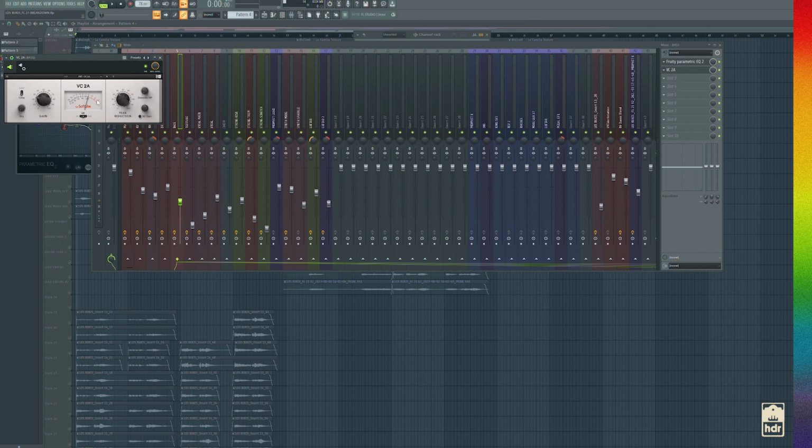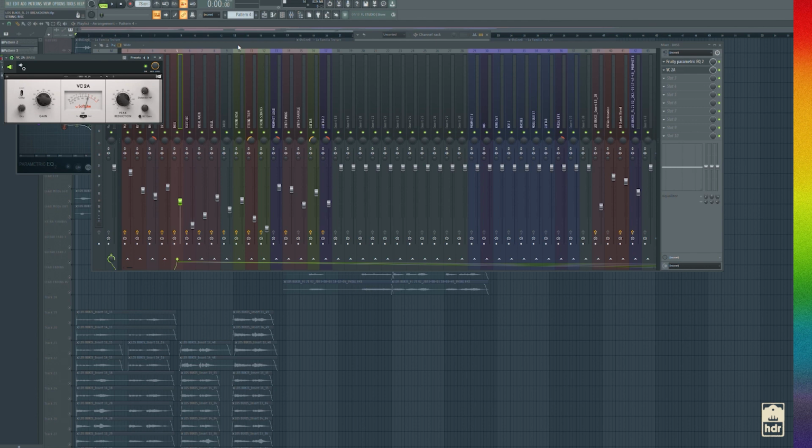And I love this compressor because it's just two knobs. It is a classic remake of a vintage compressor, and I think the original ones would have the two knobs, and it would just control your threshold and your gain. So here, it's called peak, I think. But yeah, I just turn it until I see the meter moving a little bit, and I feel like it's shooting down a little bit of that volume, and I bring it back up a tiny bit with the gain. But I like what it does.